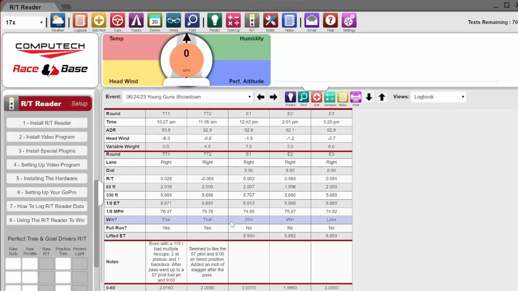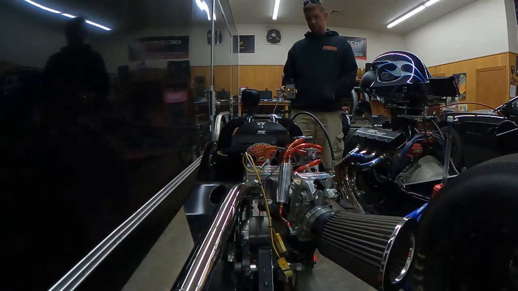Now that we have everything installed and the program set up correctly, we're ready to really start taking advantage of this reaction time data. One of the downfalls of the data is that we are getting a number of how many milliseconds it takes for us to actually react to that bulb. What does that relate to when it comes to our practice tree, especially when it comes to third bulb or